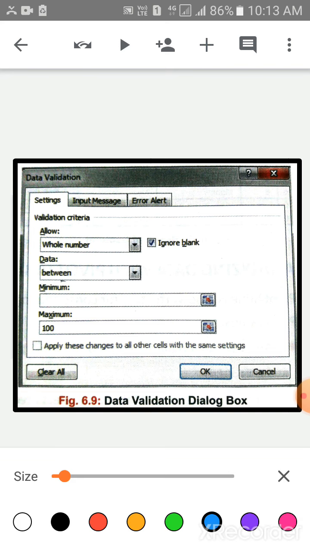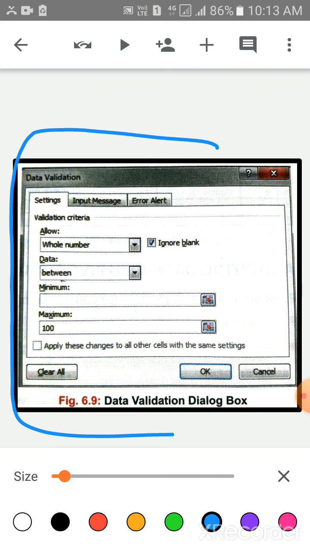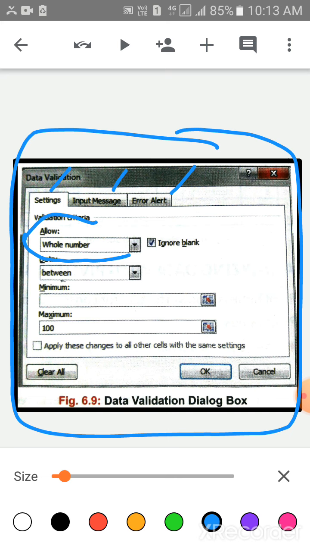Children, look at the screen. You can see this is the Data Validation screen. Three tabs are there: Settings, Input Message and Error Alert. In the Allow box, you have to select Whole Number.